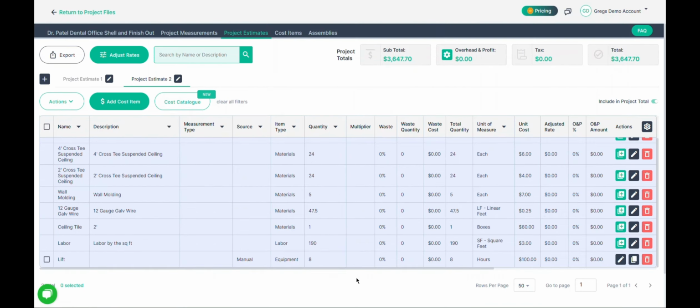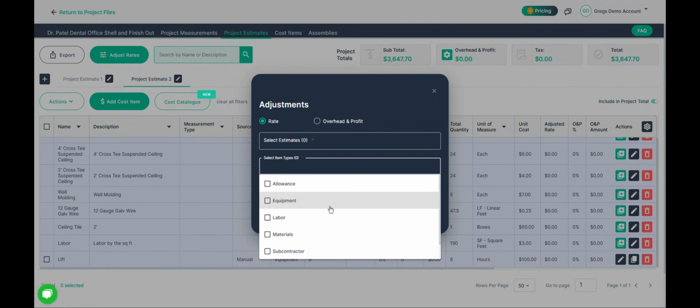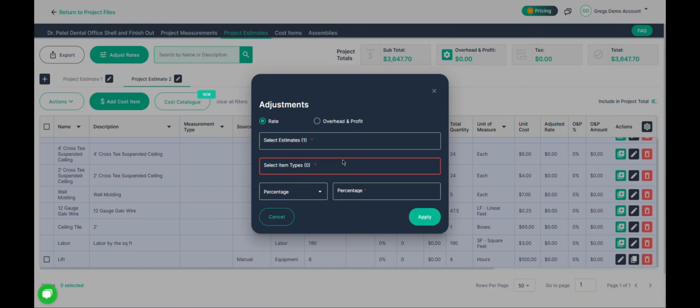Now that we've accommodated for all the items we want to bill for, we can also increase their totals by adding an overhead and profit or by adjusting their rates. If you choose to adjust their rates, you can target specific item types, and you can even target specific pages of the estimate. For example, let's say that I want to increase my labor rate on Project Estimate 2 page alone